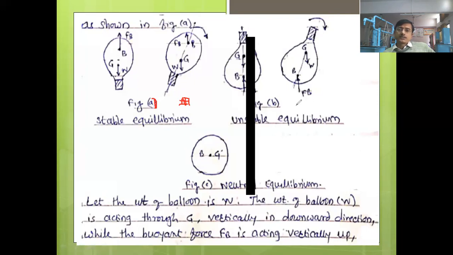Rutuja has also given the correct answer here. Who has given the answer right now? Ravi. Yes, sir. I want the answer in terms of the position of B with respect to Z, whether B should be above Z or below Z in case of unstable equilibrium.